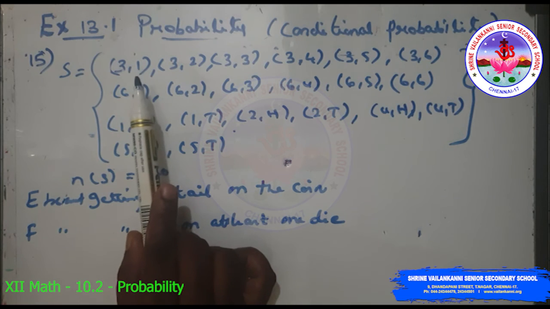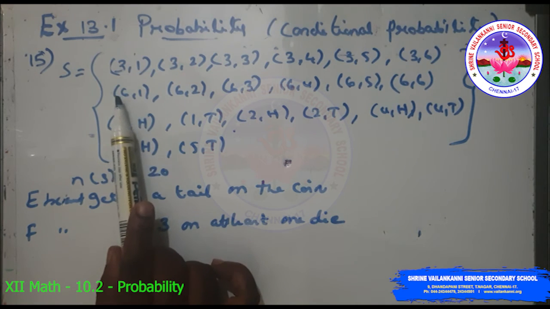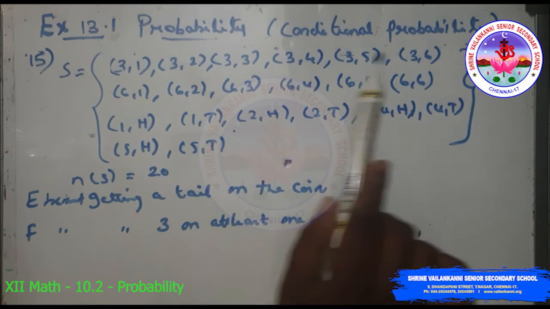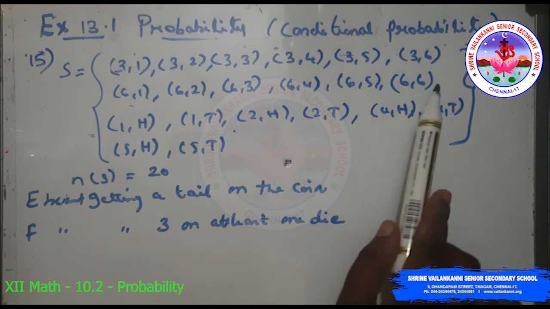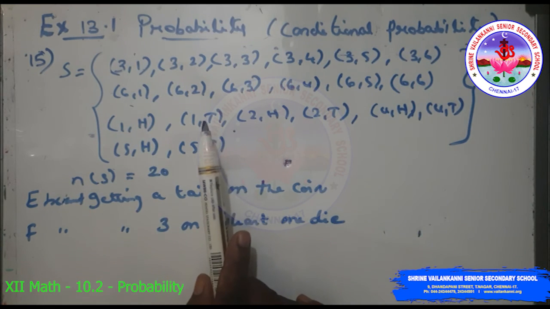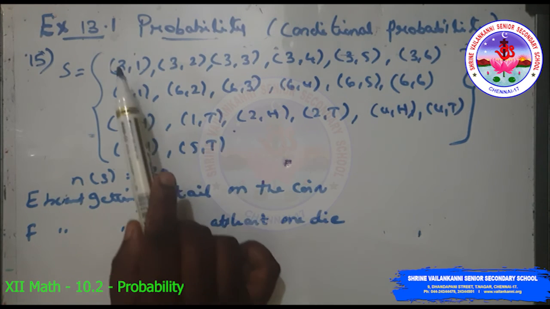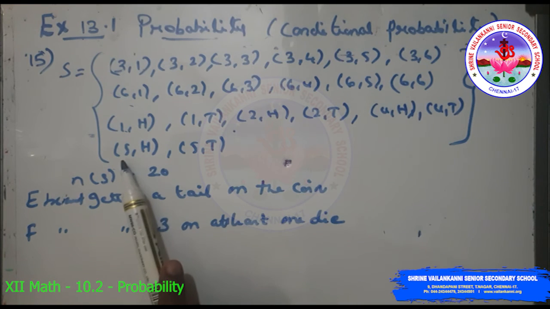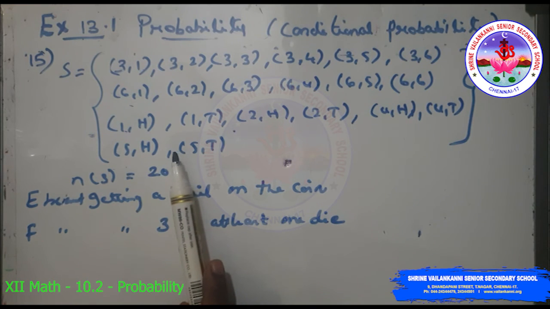If it is a multiple of 3, so 3 and 6, when we throw another die, we get a number 1 to 6. So 31, 32 till 36, 61, 62 till 66. So throw the die again, and if any other number comes, other than 3 and 6, like 1, 2, 4 and 5, then toss a coin. Find the conditional probability of the event: the coin shows a tail given that at least one die throws a 3.